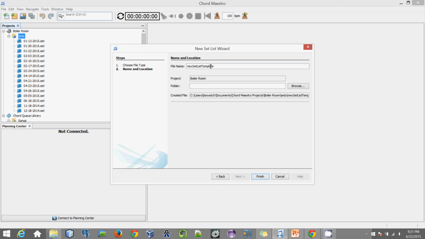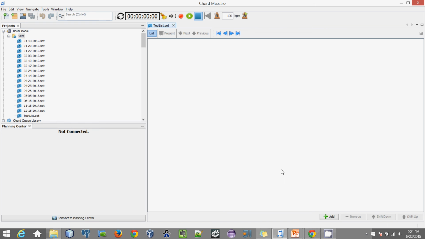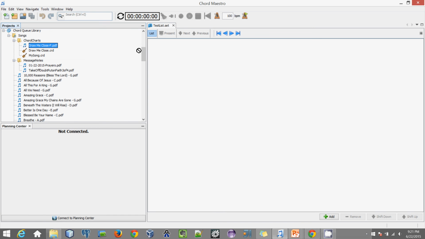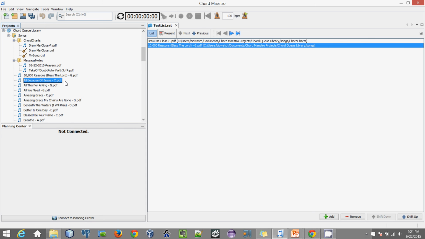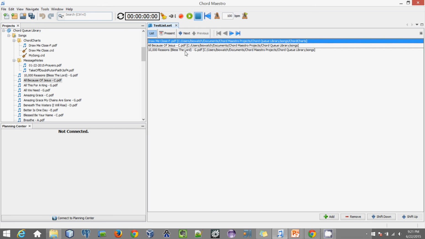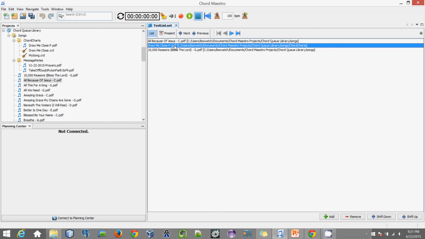So we'll just call this test list. All right, do that. It opens up here, and yeah, real simple. It's just a blank list. So then what we're going to want to do is just drag from our chord cue library into the set list. Grab a couple of these guys, and we can order them however we want. It's not difficult to do, and this just sets up the ordering for